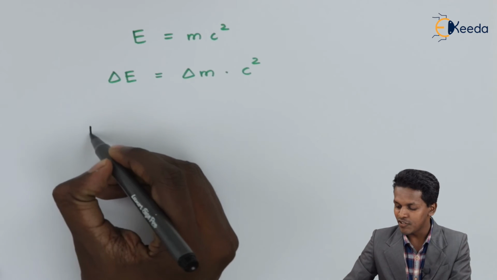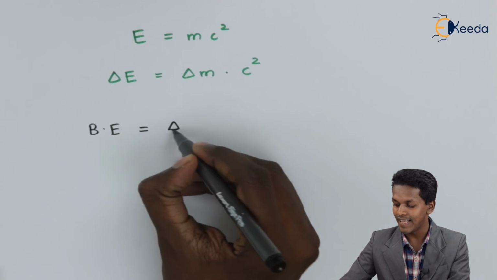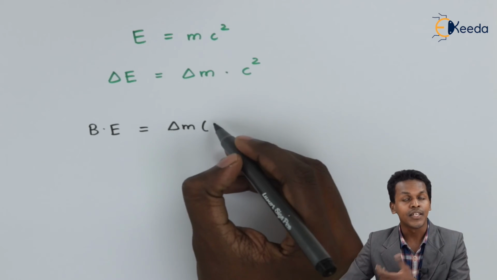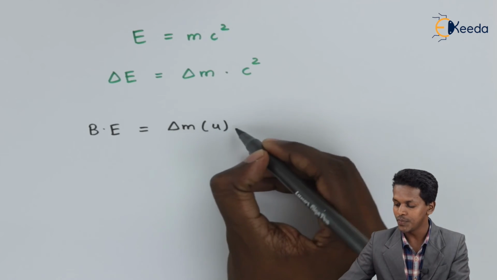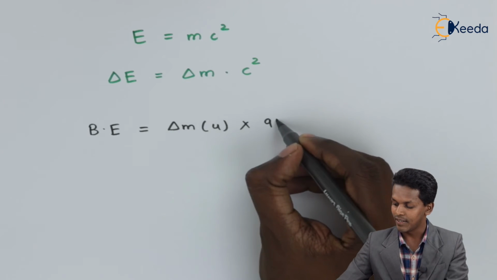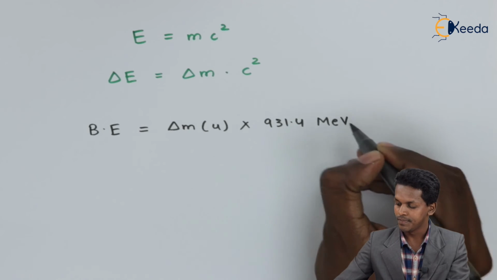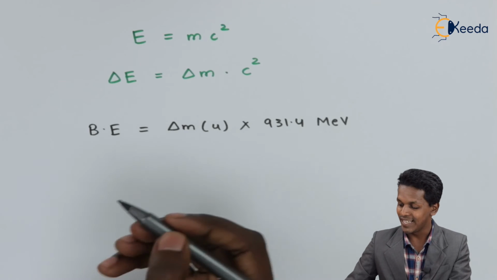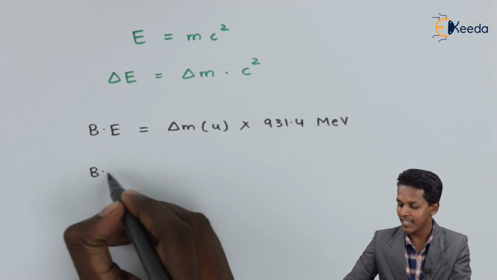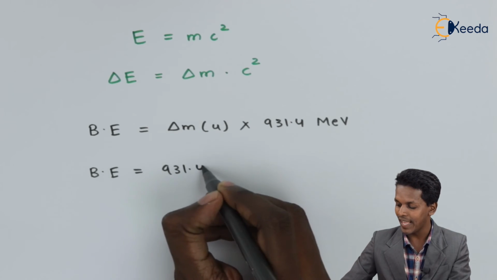Therefore the binding energy is related with delta M having a unit of unified mass, that is u, and one unified mass has an energy of 931.4 MeV. So for that we can easily write that the binding energy is equal to 931.4 MeV